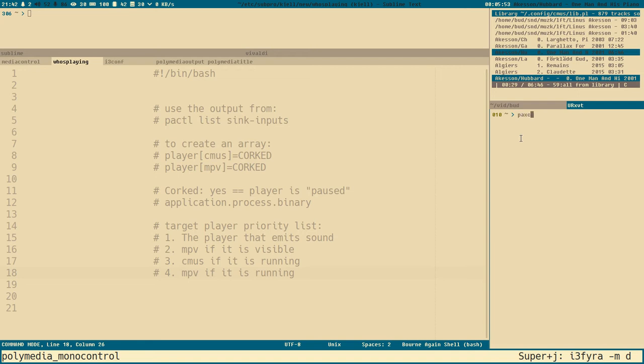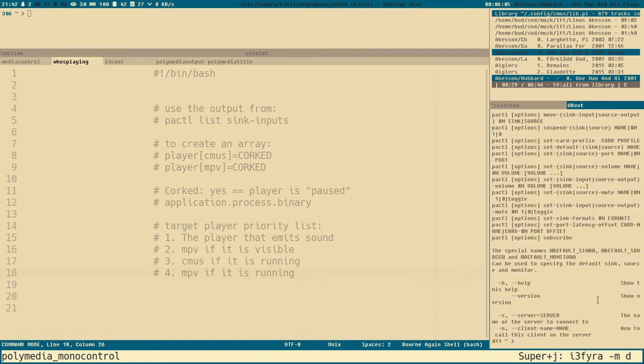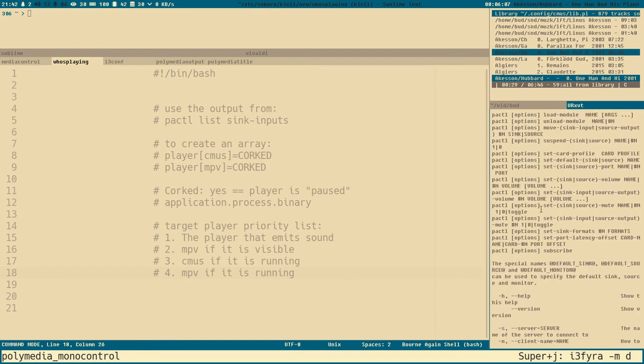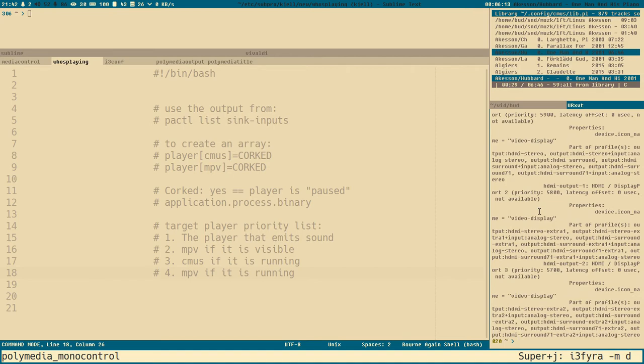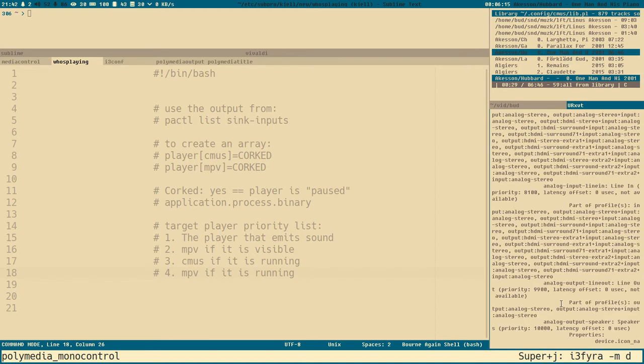So pactl, if you just run it without any arguments, you get nothing. Then I guess there is some help command maybe. Yeah, and you can run it with a lot of options and stuff. If you run it with the command list, then it will spit out a lot of output here about your sound,